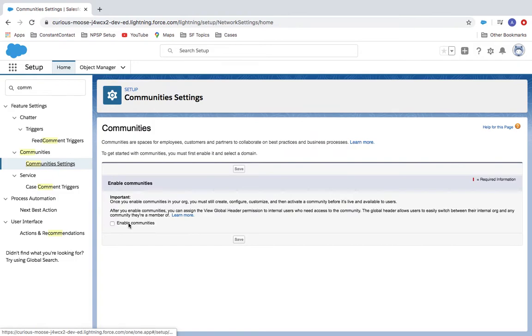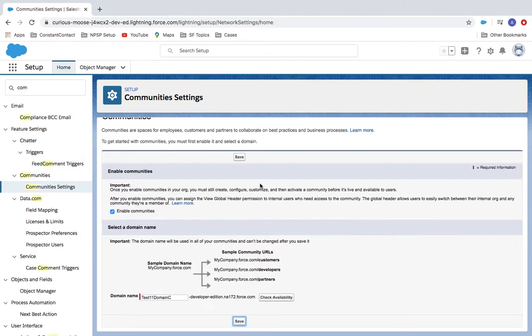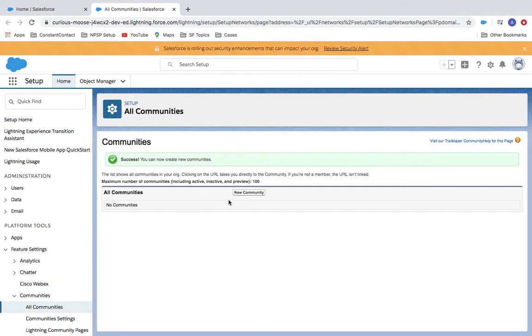Here we need to enable the Lightning community for our org. Select a domain name. I am just selecting the test domain and saving it. We'll create a Lightning community for our Salesforce org. Once communities are enabled in our Salesforce org, we need to create a new community by clicking on the New Community button,